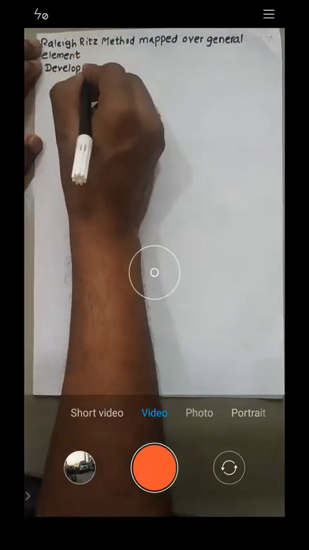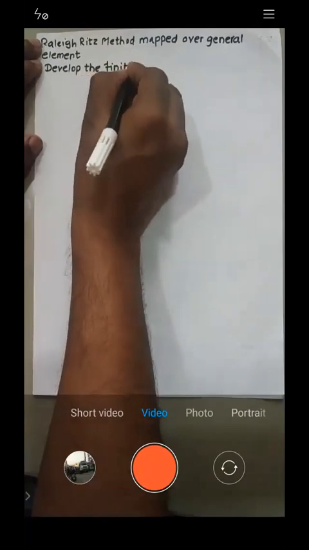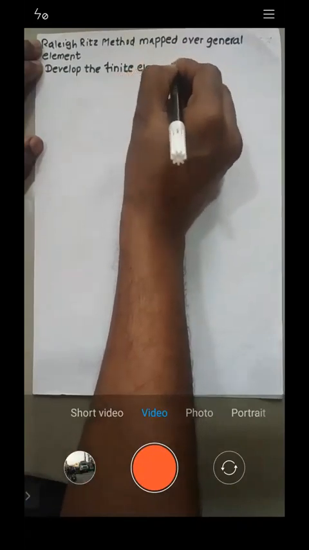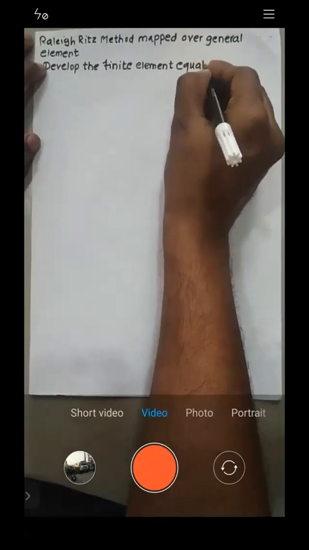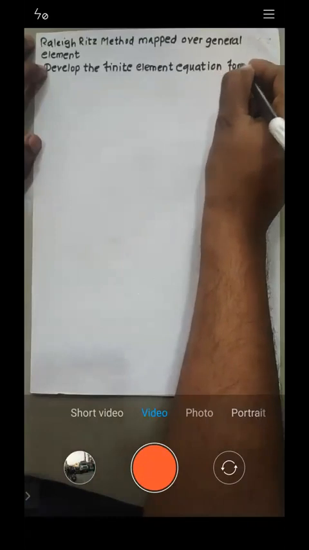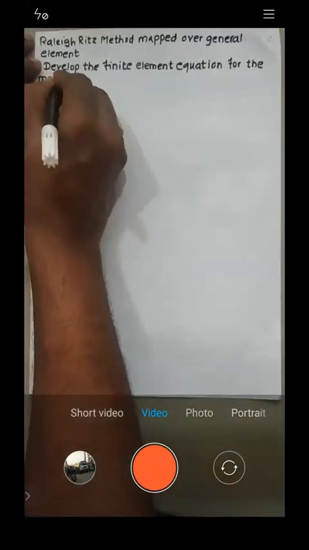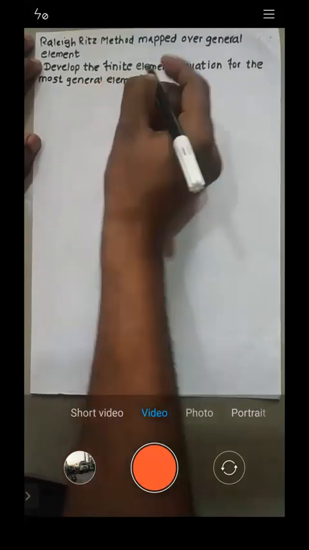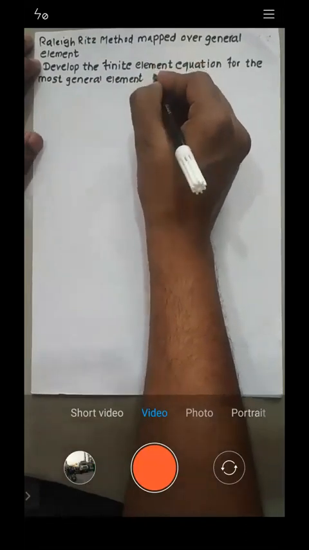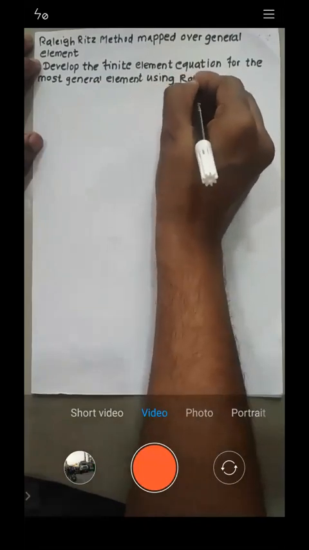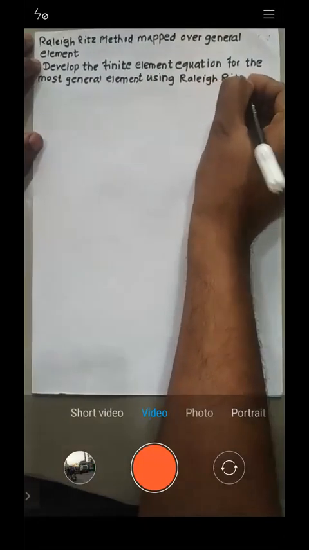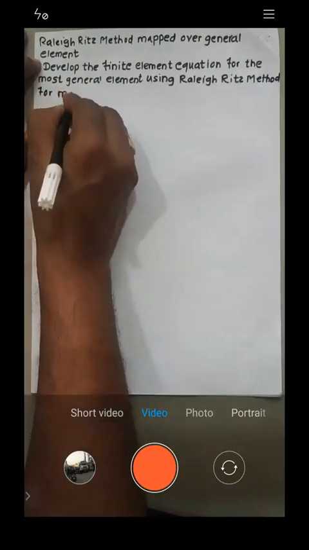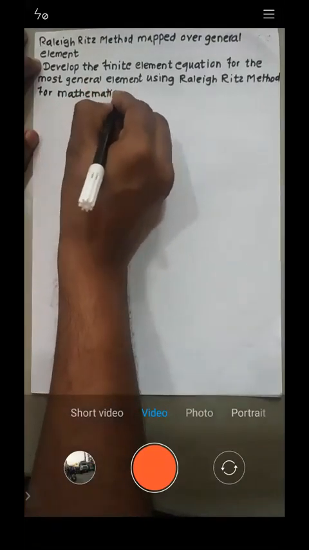So see the problem. Develop the finite element equation for the most general element, using Rayleigh-Ritz method, for the mathematical model,